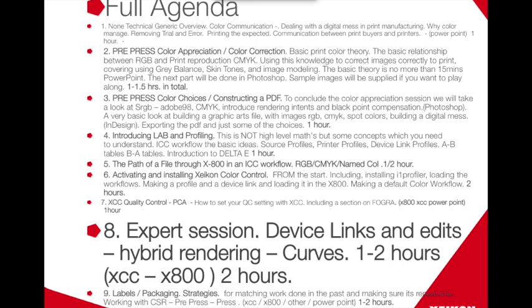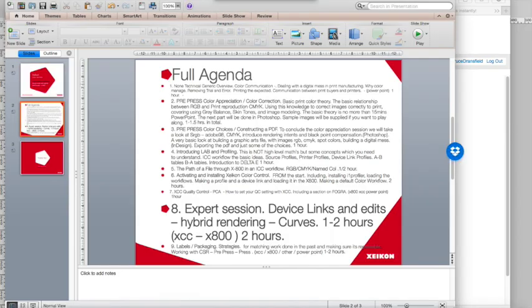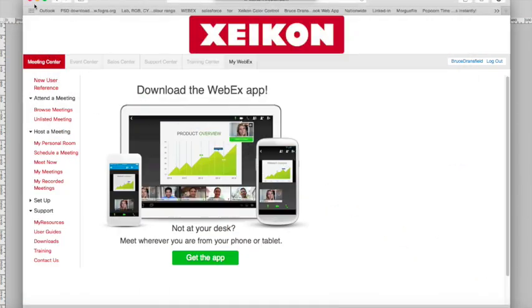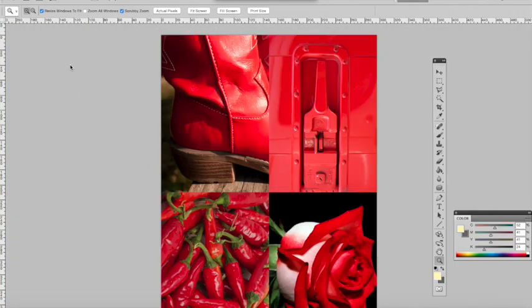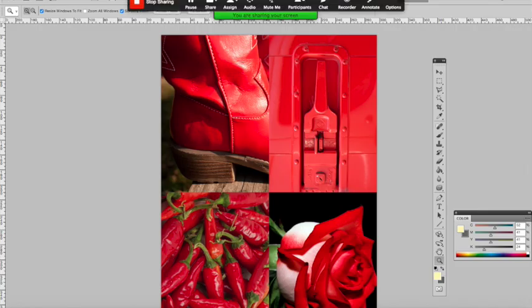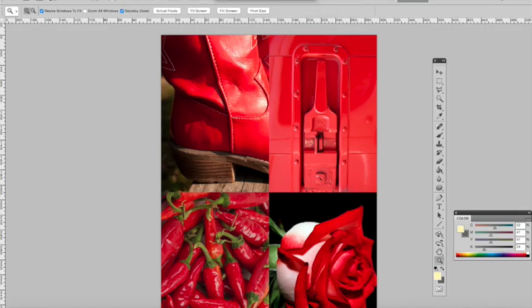This is the only slide we have, so we're going to now move directly into looking at